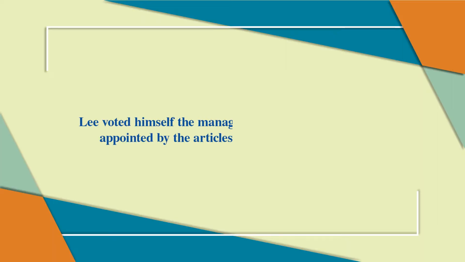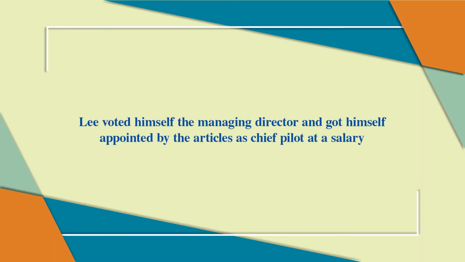This case illustrates the application of the principles established in Solomon's case. In this case, a company was formed for the purpose of aerial top dressing. Lee, a qualified pilot, had all but one of the shares in the company. He voted himself the managing director and got himself appointed by the articles as chief pilot at a salary. He was killed in an air crash while working for the company. His widow claimed compensation for the death of her husband in the course of his employment. The company opposed the claim on the ground